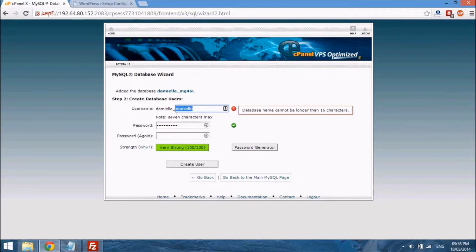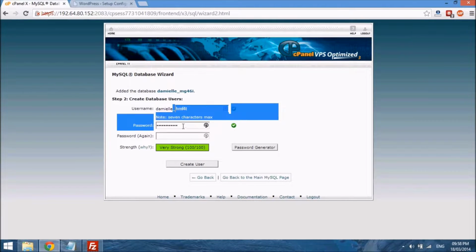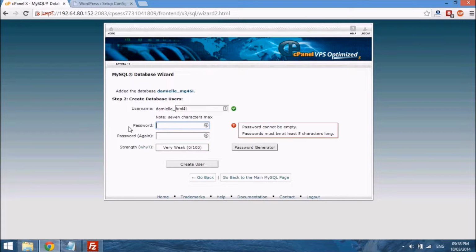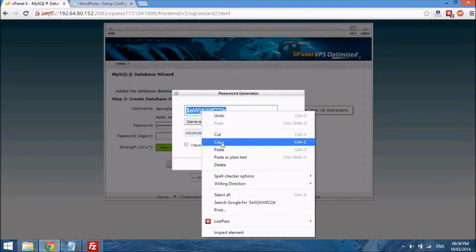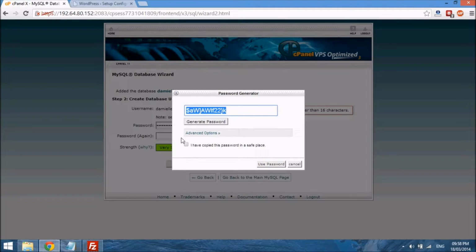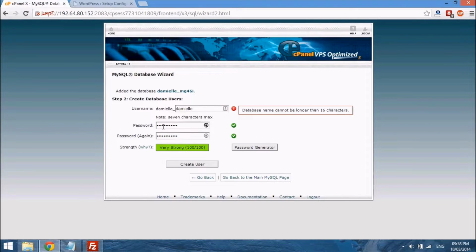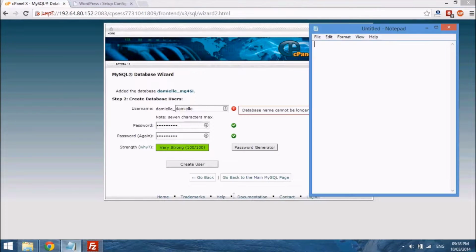Then I create a username for that database, and then I need to create a password. There's a built-in password generator, so you can just use it, copy, and just click this box that says I have copied this password in a safe place, use password, and it will just populate the password fields. And you want to go ahead and just type password, paste it there, and then you select